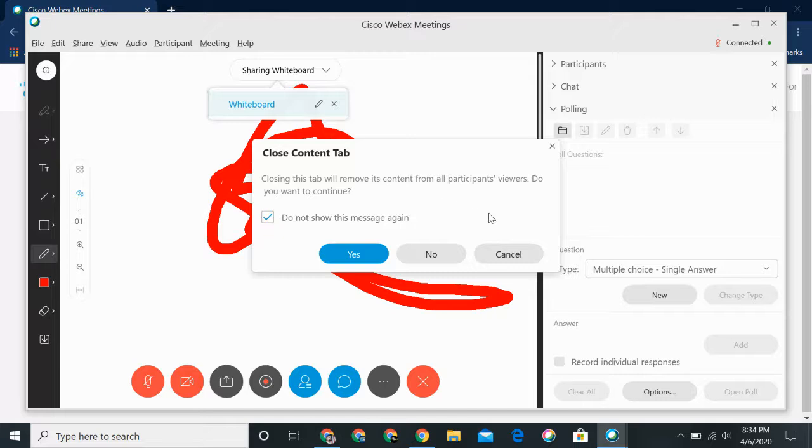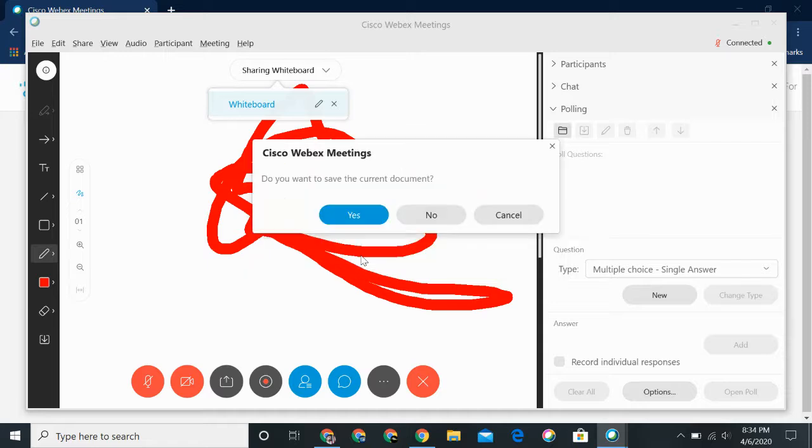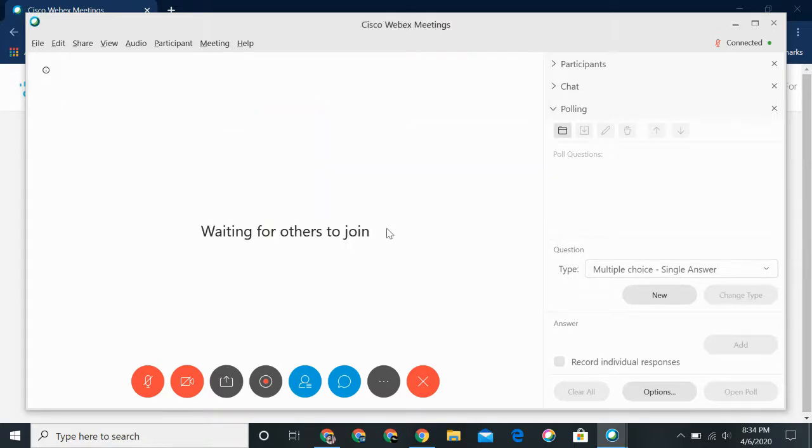And then this will say, hey, everybody's going to be removed from everything on here. Yeah, okay, I'm fine with that. Yes. And then it always will give you an option if you want to save the whiteboard. So if there was a lot of information on there that you want to share out later, you would want to go ahead and save it. But in this case, we're not going to. And that's about it for